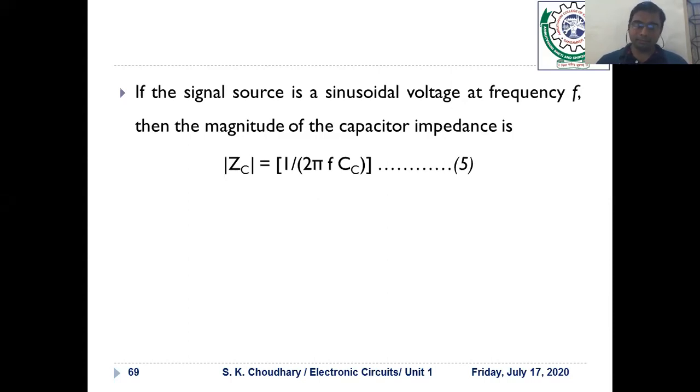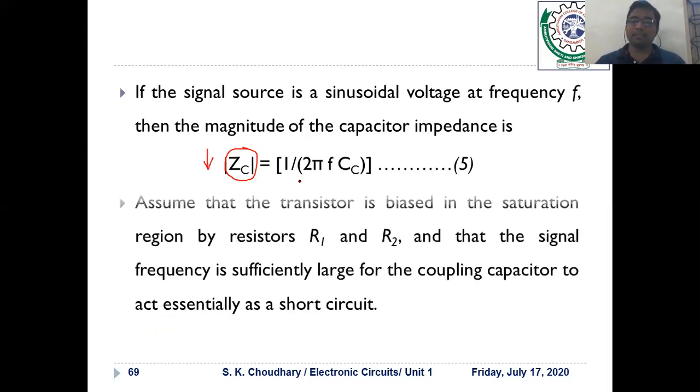So here you can see that the capacitor impedance is inversely proportional to the frequency of the signal. That is why it rejects the DC, because a DC signal has frequency 0, so the impedance would be infinite. It acts as an open circuit and does not allow the DC signal to pass. But for the AC signal, which has some finite frequency, the impedance decreases from infinite to a very small value. Because of that, it acts as a short circuit for the AC signal and allows the AC signal to pass through it.